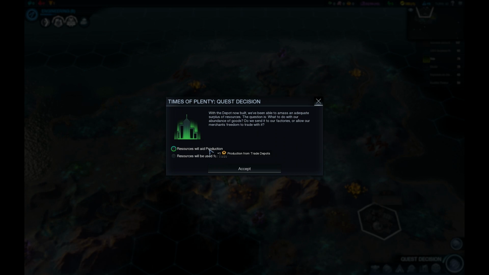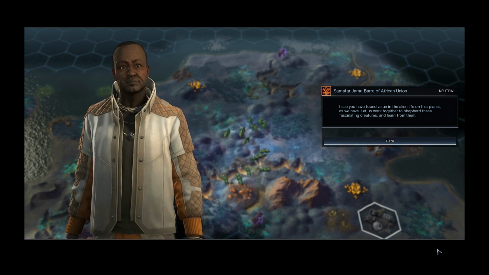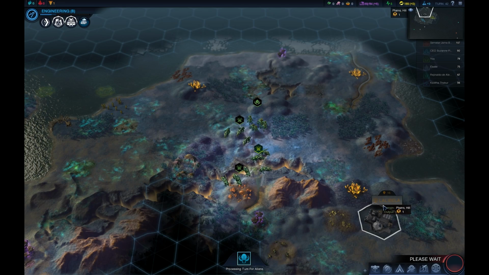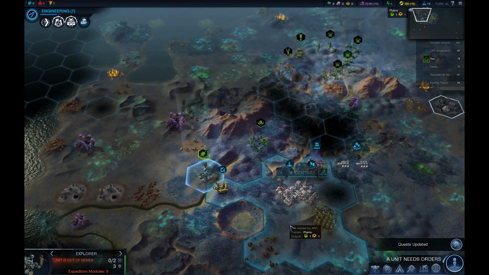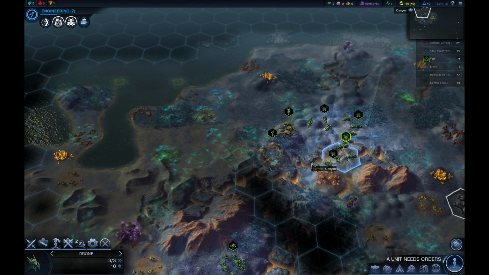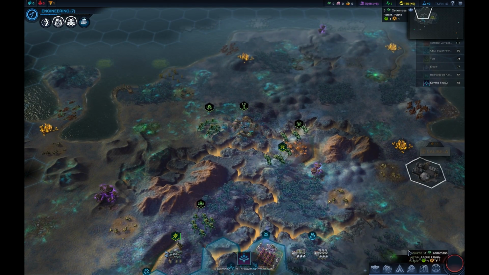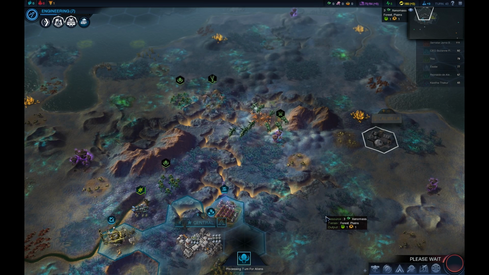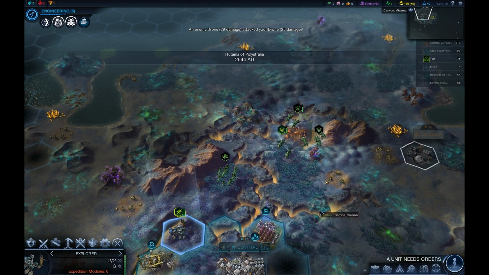We have another quest decision. +1 production from trade depots or +1 energy. I would kind of rather have the production, but given where I am right now, I kind of need to do that. Fair enough. Jeez. They really know how to hem a fella in, man. These guys, look at their borders just growing like weeds over there. They attacked me. I must be near the nest, but...